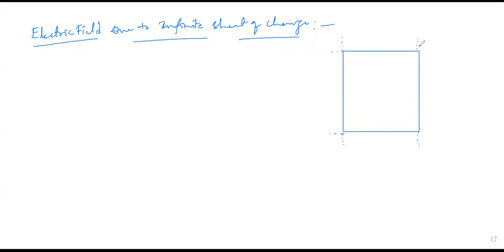This I have taken. This is the infinite sheet. And here also I'm writing like this. The same diagram I already drew yesterday, just again I'm drawing. What I did here: the total charge present on this is plus Q, because it is uniformly charged. Here I am drawing only on the borders, but it doesn't mean that it is only at the borders. It is everywhere. So the charge is everywhere.